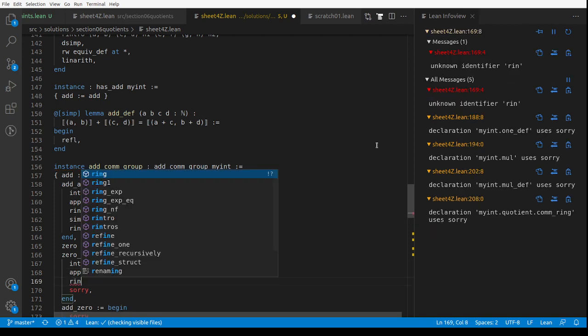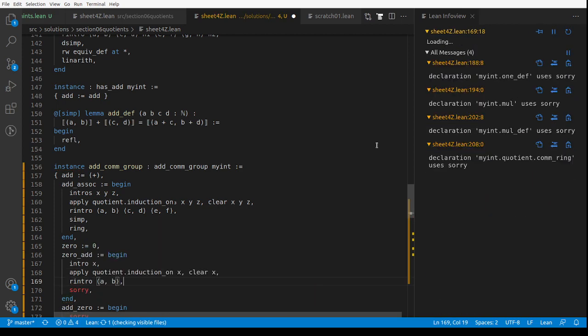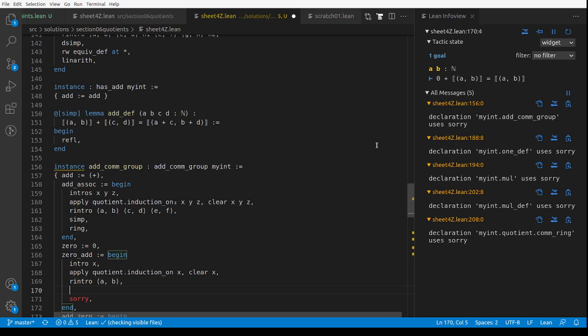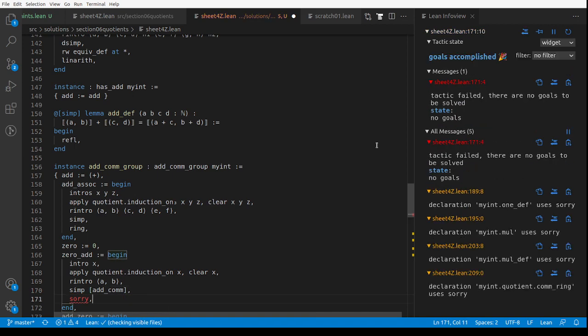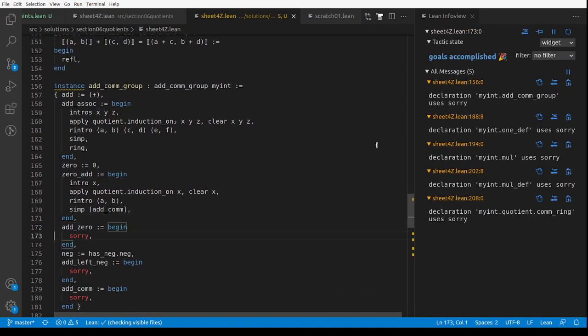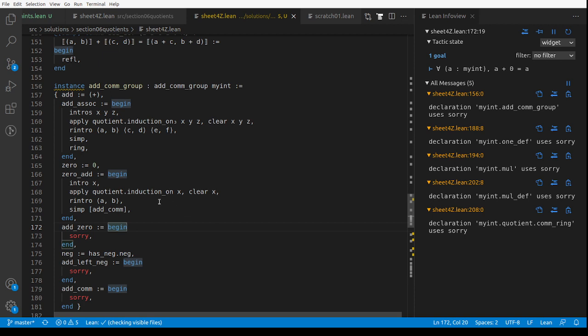And now rintro AB, and now let's see how far simp gets. Simp doesn't do it. But if we tell simp to use add com as well, simp will do it. So there we go. We didn't need ring. And add 0, I bet the proof